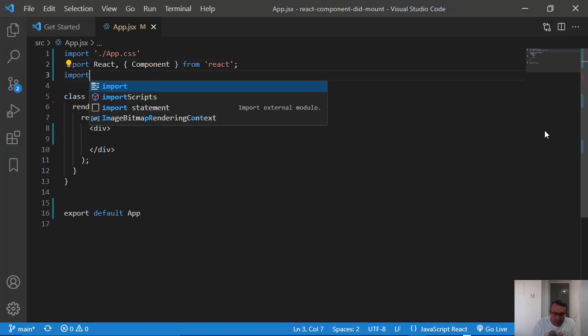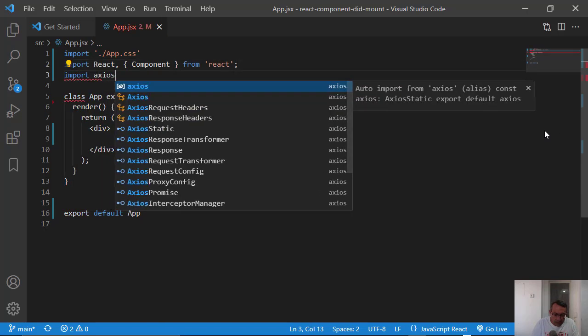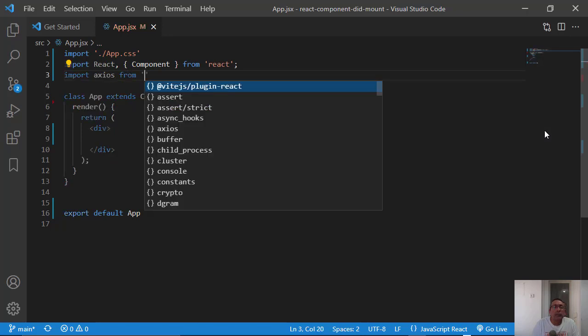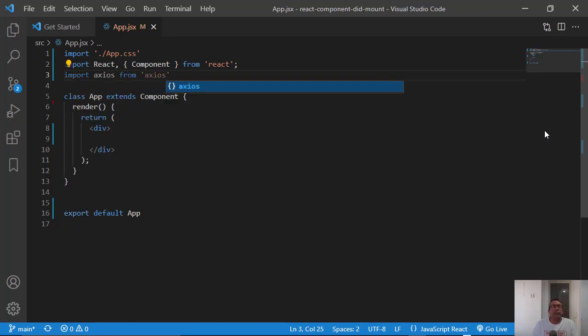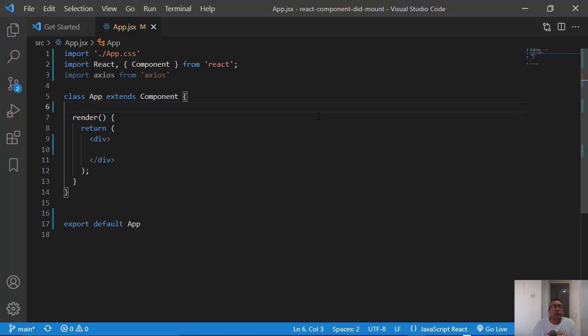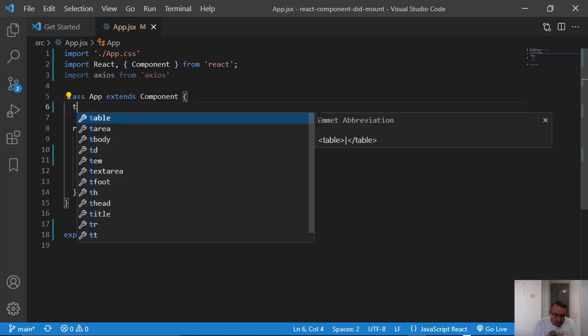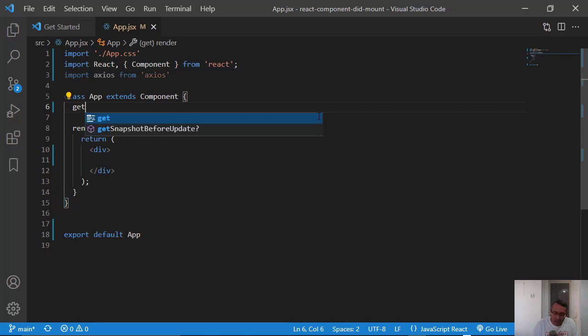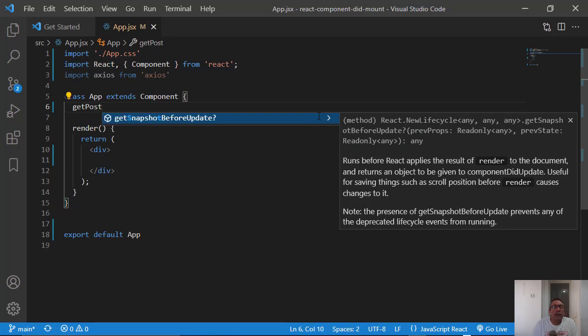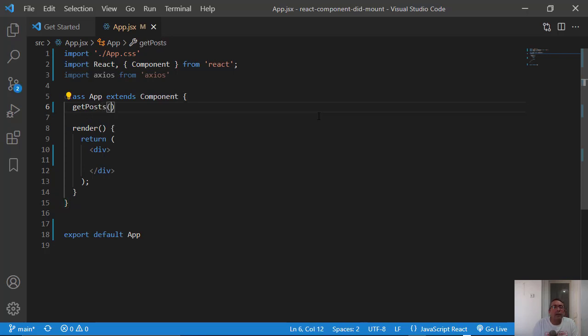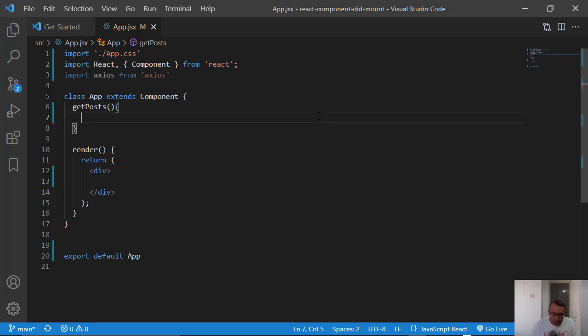Import Axios from Axios. And now what I will do, I will try first to get the number of posts inside the constructor. So let's prepare a function, getPosts, and let's